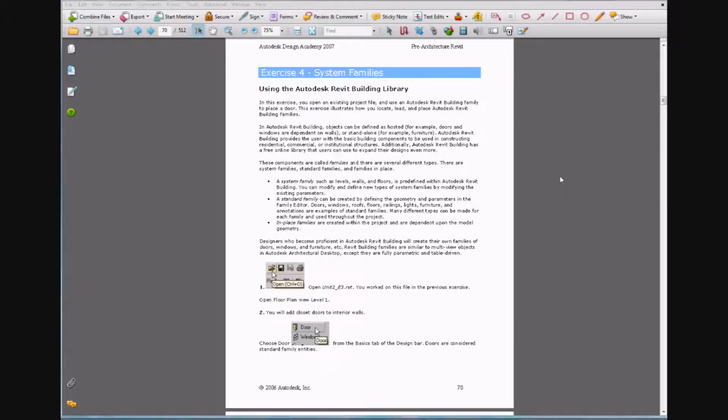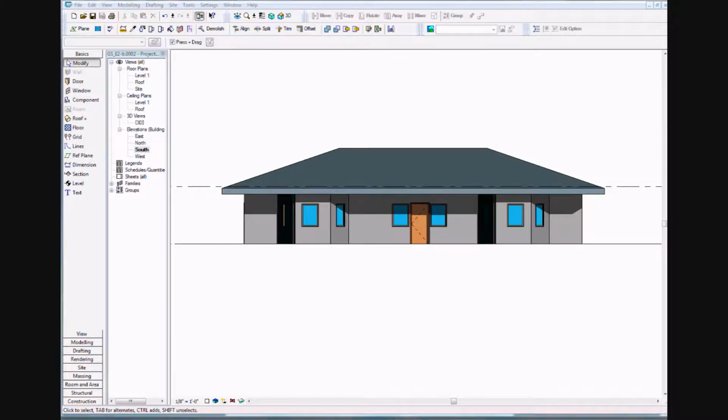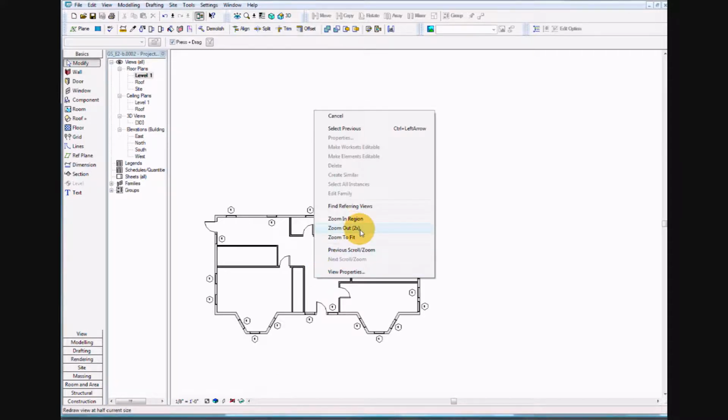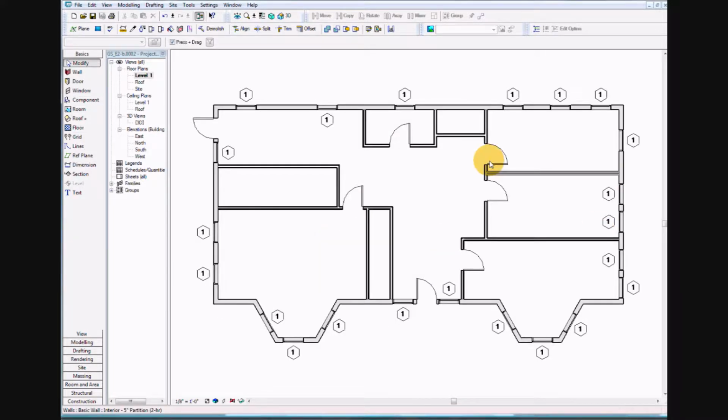And then go ahead to page 70, exercise 4, and we're going to be using the Autodesk Revit library, and it wants us to go ahead and take our house, and we're going to select the door. So go ahead and level 1, right click zoom, zoom into fit, go ahead and select the door, and it's actually asking us to select the front door. Actually, go ahead and deselect that and go ahead and select doors or door from the menu